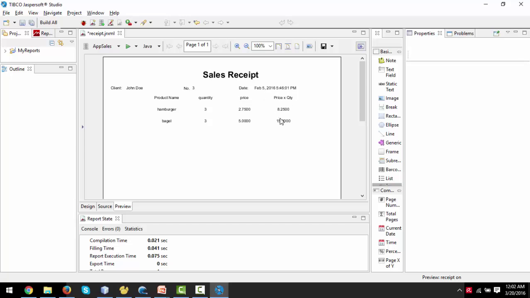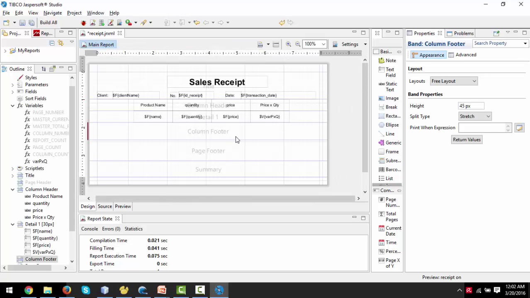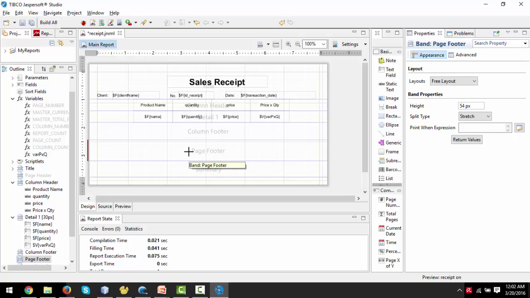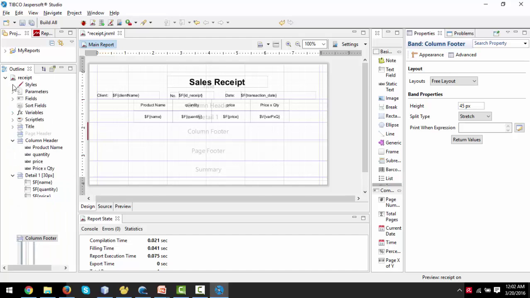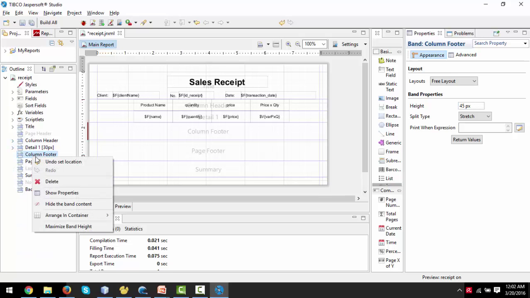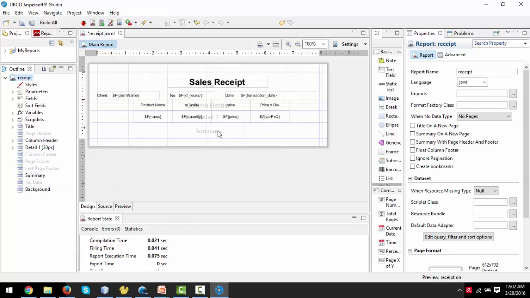I would also like a variable to give me all the total, and if I need to calculate tax and everything, I will waive that, but I will put out a little total variable down here, so that's pretty easy. I'll just go back to the design. I won't need a column footer or a page footer. I might want to, yeah, I'll just use the summary. So I'll remove these two. Okay, so I'll collapse this, collapse this, collapse this. I will remove the column footer, and I will remove the page footer,